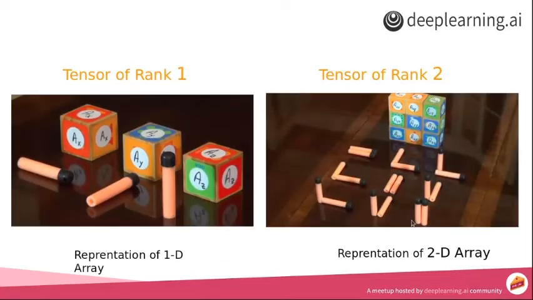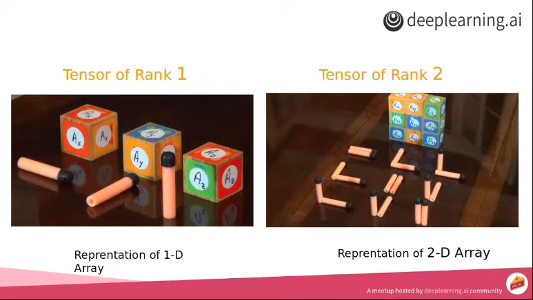Now let's look at this diagram on the left hand side. This is ax, ay, az. This is the component of A which is associated with x direction, a of x which pertains to direction x, a of y which pertains to direction y, a of z which pertains to direction z. We can say that this is a tensor of rank 1 because in this representation, each component is only associated with one direction, one index. This is the tensor of rank 1.